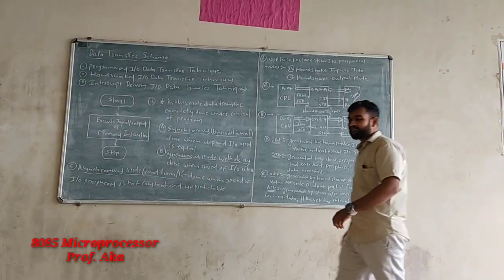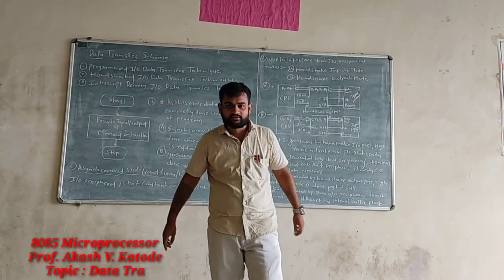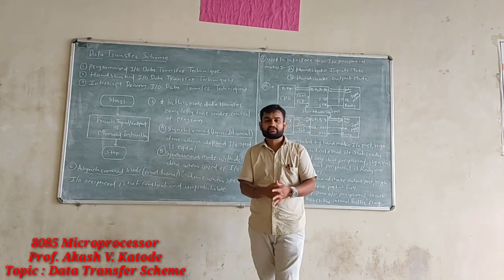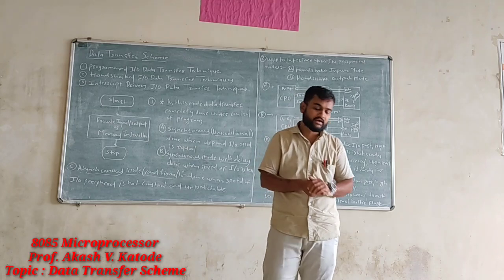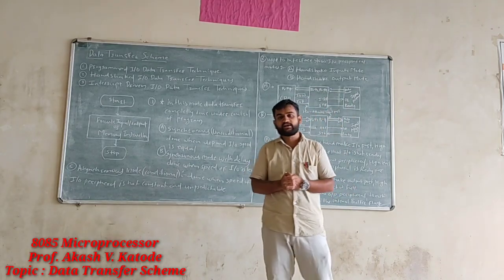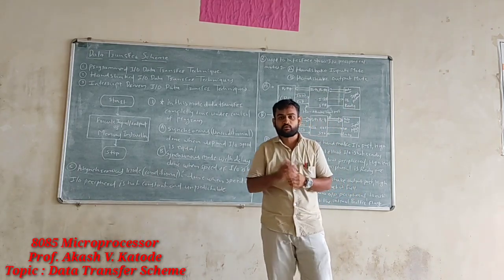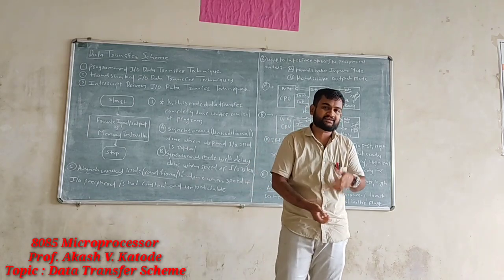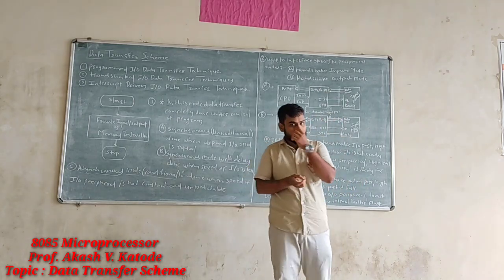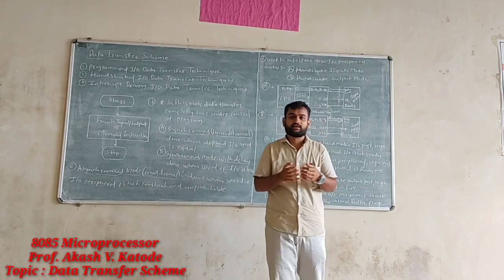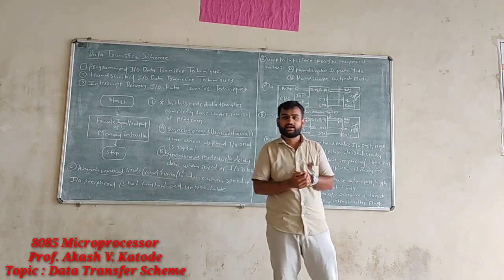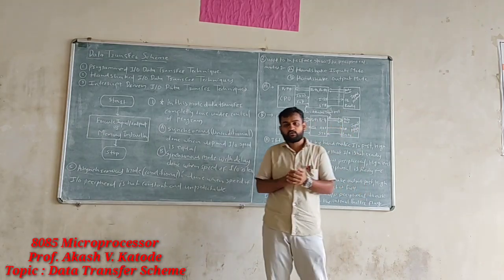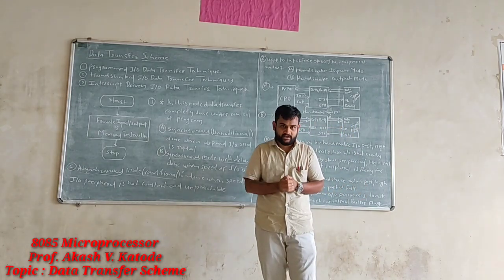Hello students, as we know in the earlier video lecture, we started the discussion with the interfacing of I/O with the microprocessor 8085. In that lecture, we studied the PPI, the Programmable Peripheral Interface, created by Intel Corporation. It is a 40-pin IC available for interfacing or increasing the pin count of your 8085 microprocessor by using parallel communication.